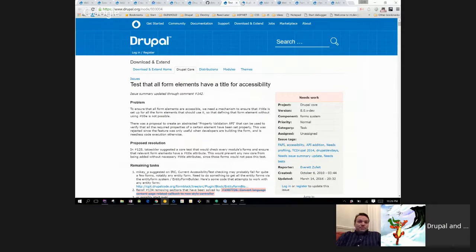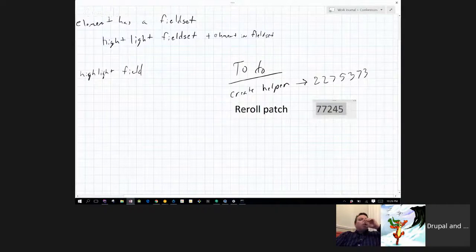Well, I will be at the Code Sprints in Chicago at MidCamp. Excellent. And I understand that there are a number of people gathering to sprint around specific issues. I'll have a good half day to spend on accessibility to see if I can move this further. Given my small little checklist of things I can actually get done within the amount of time, I don't think I'll be able to create a helper function, but I should be able to re-roll that very, very old patch